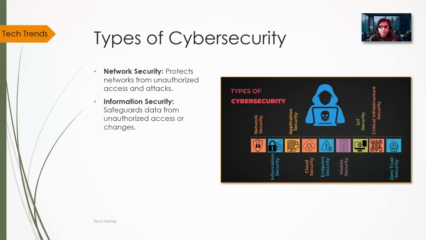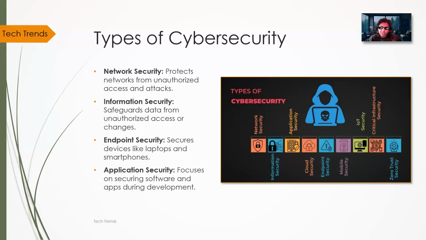Then is your information security. Anything related to the data, how you access it, who accesses it, where it is stored, and stuff like that is information security. Endpoint security is basically related to the endpoint device, meaning it can be one individual device, a mobile phone, a laptop, or a PC. Then your application security is the security based on the applications. For example, if you're using Instagram, what are the cybersecurity protocols based on them?